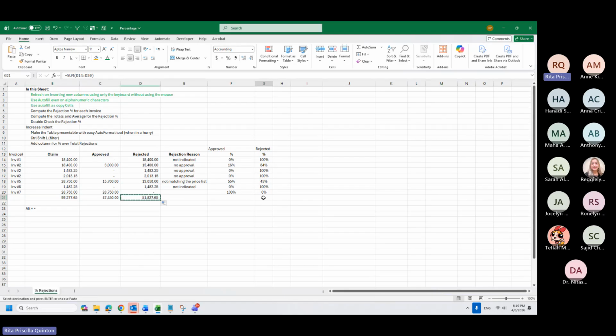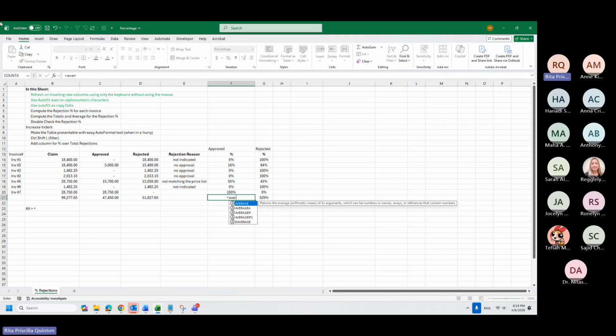For rejected and approval percentage, notice that it seems wrong. For percentages, we usually use average. So equals AVERAGE, Ctrl+Shift+Up, down, down. Okay, so this is how we will compute the average rejection and average approval.